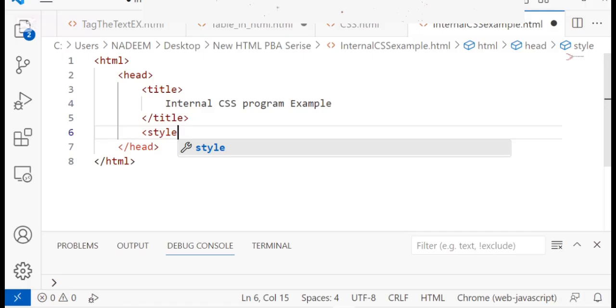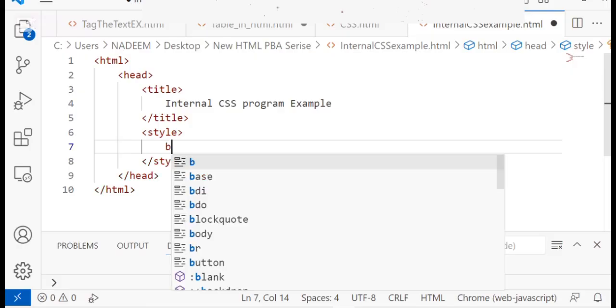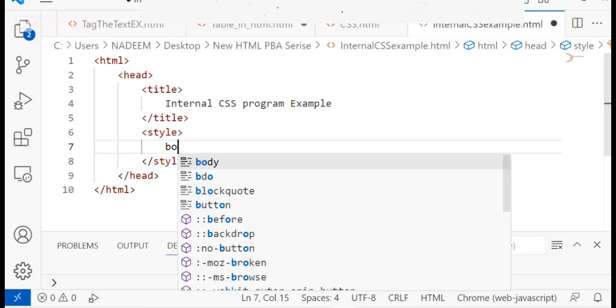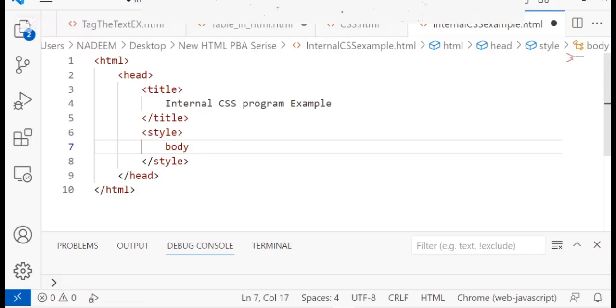Okay, so after that I'm just going to apply internal CSS, first of all, on the body tag. So how can you apply it? If you want to apply style on the body tag, then simply write body without any angle brackets. Remember that, body, then curly bracket.